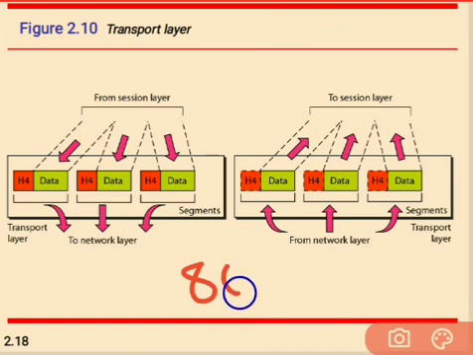Many applications have a default port assigned, and using these port numbers, it identifies who is using the network.